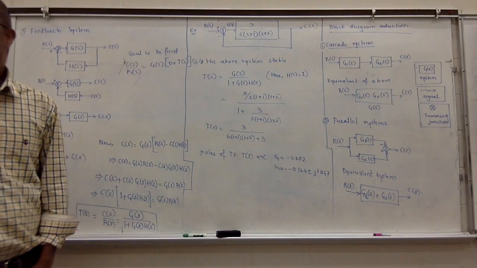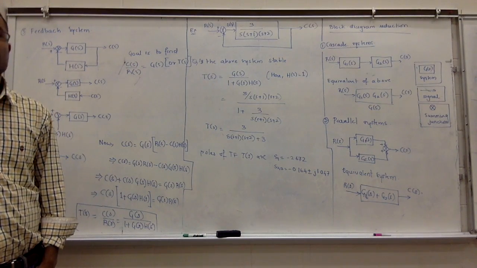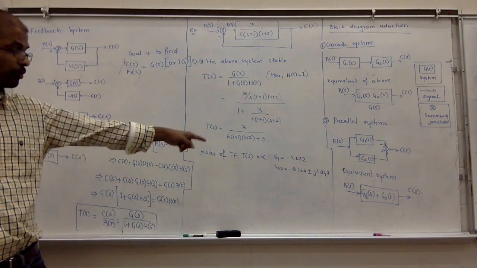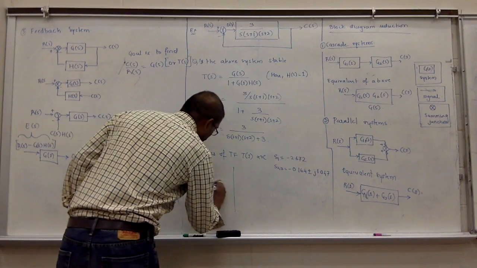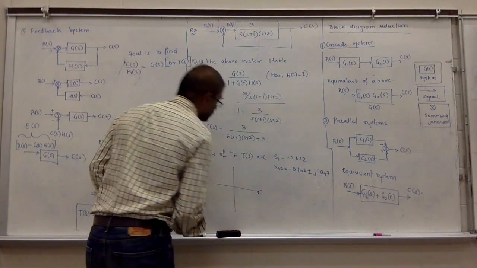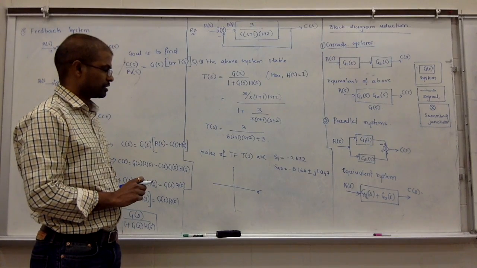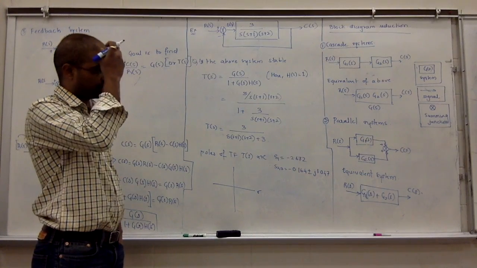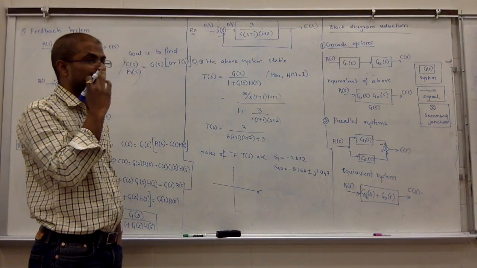Is it stable? What did we say? If you do the pole plot, where will the roots be? It's not going to be on the JW axis. When will it be on the JW axis? It's also going to be on the left plane because of the -0.1.